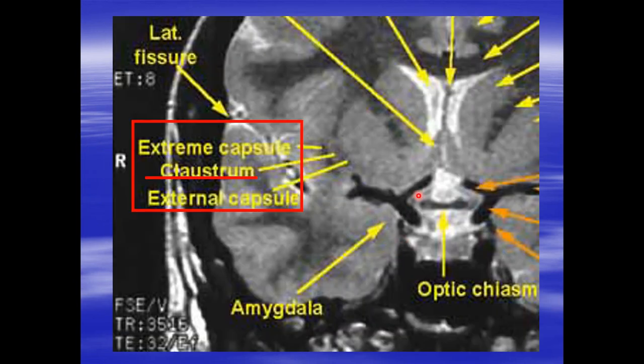So let's have a look at this magnified view. You can see here is the amygdala at the tail of the caudate nucleus, as we said before, and you can see here this is the lentiform nucleus, and here is the internal capsule, and then the external capsule. Then there is a very thin layer of gray matter called the claustrum, and lateral to it is the extreme capsule. So you have the extreme capsule, the claustrum, the external capsule,